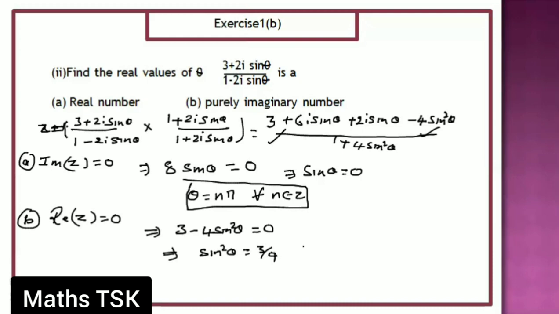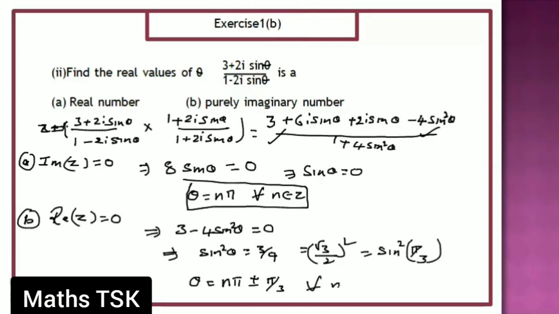Okay, 3 by 4 can be written as root 3 by 2 whole square. So this can be written as sin square pi by 3. So sin square theta is equal to sin square alpha, then general solution is theta is equal to n pi plus or minus alpha for all n belongs to Z. This is the general solution. Okay, next